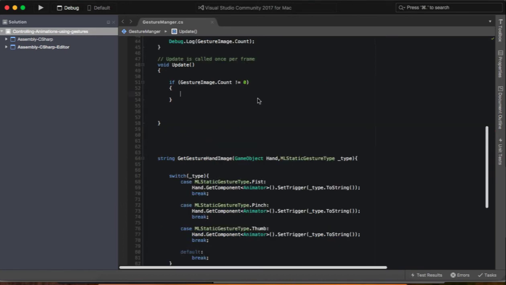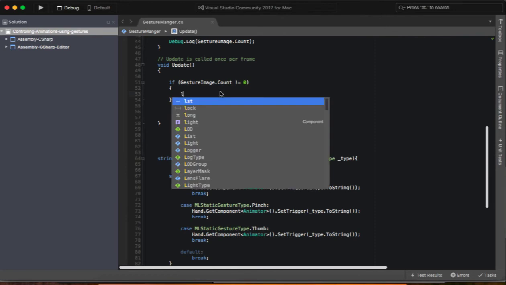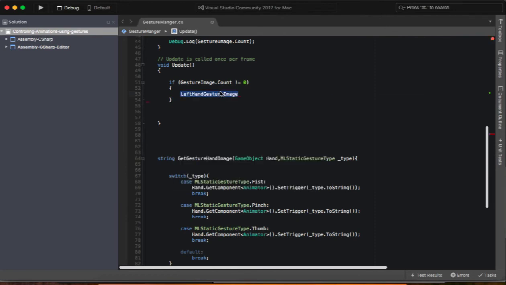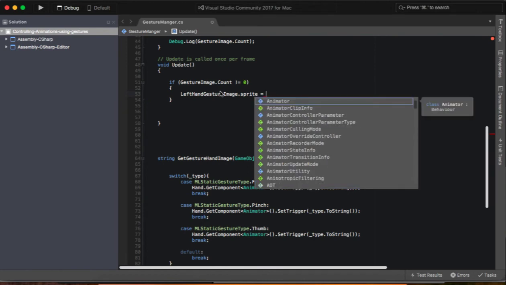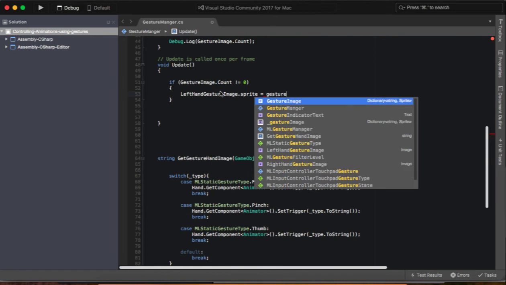Now the next thing we want to do is retrieve some sprites from the dictionary, and for doing that we are going to use this method. And to do that, let's just click on left hand gesture image dot sprite will be equal to, not dictionary, it will be gesture image,